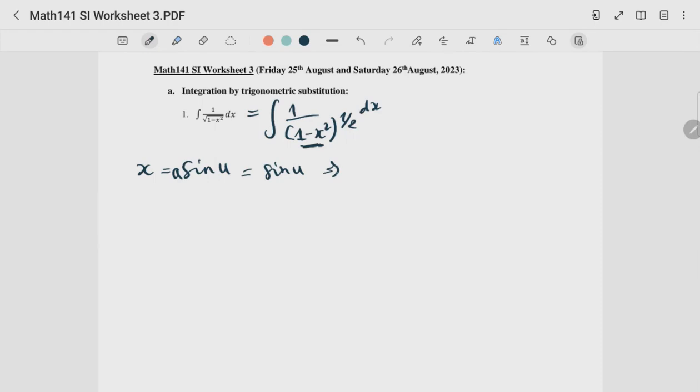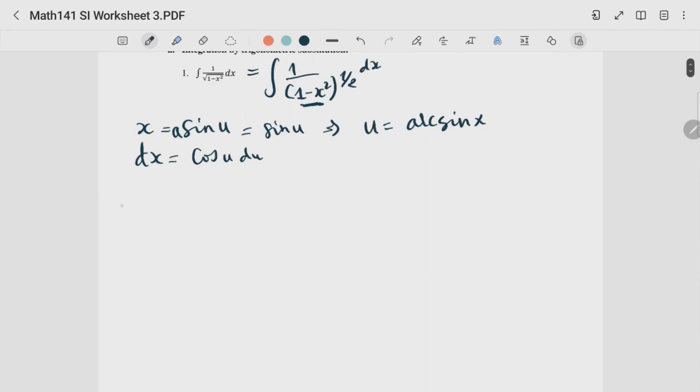So let's try that. Now, if you have x is equal to sine u, then it means that u is equal to arc sine of x, right? So we're still together up to that point. Now, that means that dx is equal to cos u du. So now we can bring that into the expression, and it becomes the integral of 1 over (1 minus sine squared of u) to the 1 over 2,